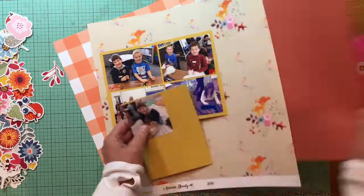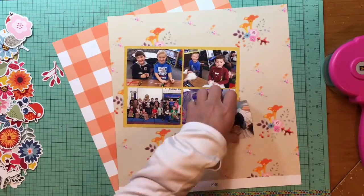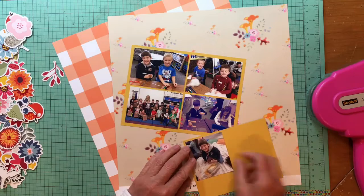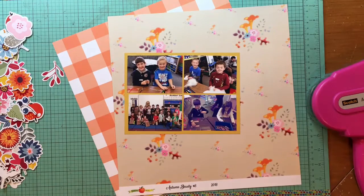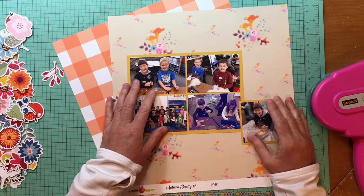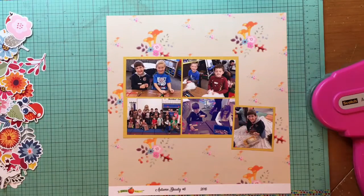I was thinking about using that orange cardstock for this photo, but I thought the contrast was a little bit too much between the 2 cardstocks. So I'm just going to back the 5th photo in the gold cardstock as well. And yay me, I use cardstock, right? I do use it for cards. So I'm going to